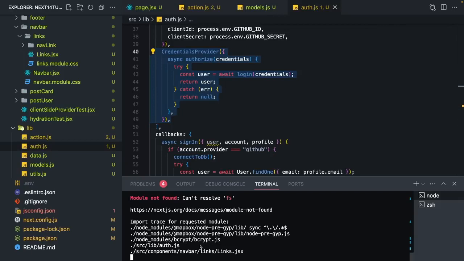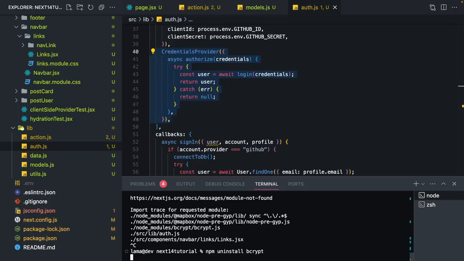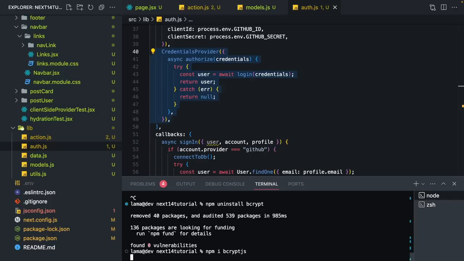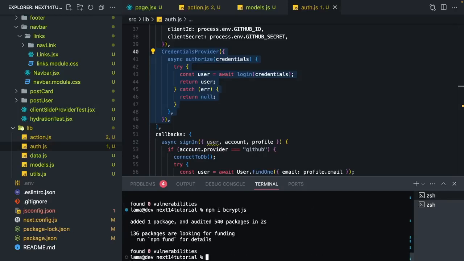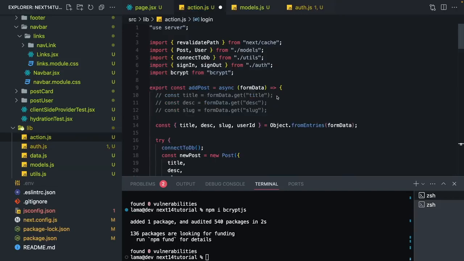There is something wrong about bcrypt. Okay guys, let's remove this bcrypt and try to add bcrypt.js. npm uninstall bcrypt and npm install bcrypt.js. Let's change the library name to bcrypt.js and in action